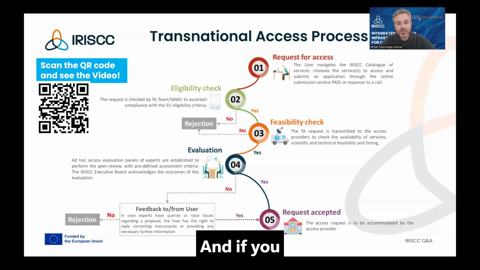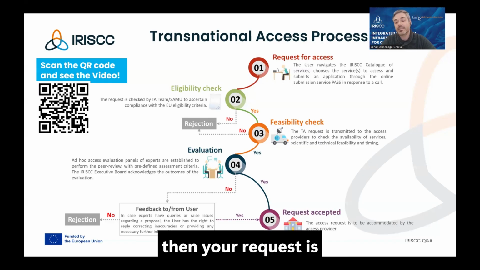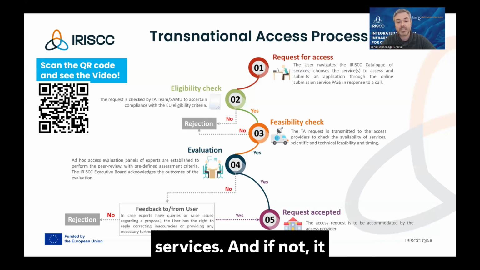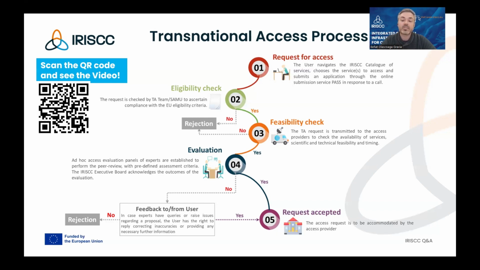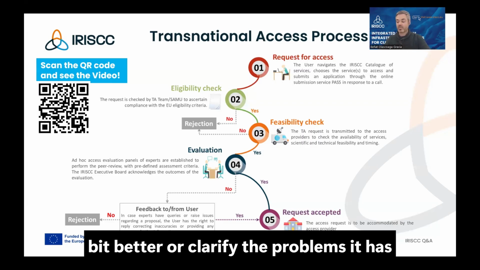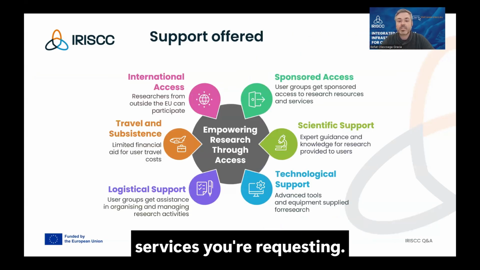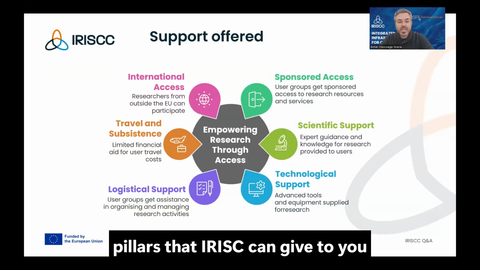And if you score above a certain threshold, then your request is accepted and you can access the services. If not, we might send you feedback so that the proposal can still be tweaked, so that you can modify it, make it a bit better or clarify the problems it has, and finally get access to the services you were requesting. So all in all, these are the 6 pillars that IRISCC can give you